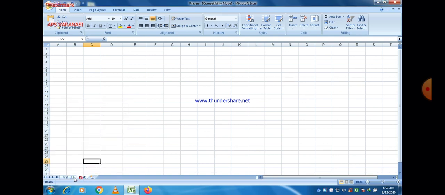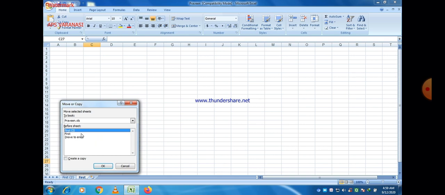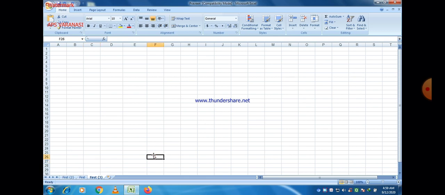But if you want to create a copy just after that file, then it is also possible. Let us see. Just go to the move or copy option. Now select the position here, and then click on the create a copy option. You can easily see that the file will be created just after that file. Now we have 3 files, and there is no need of these files, so we just delete them, and there is only one file here now, first.